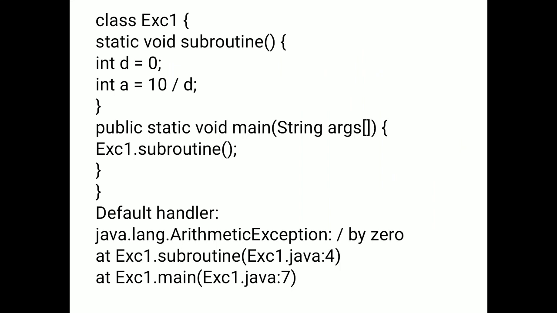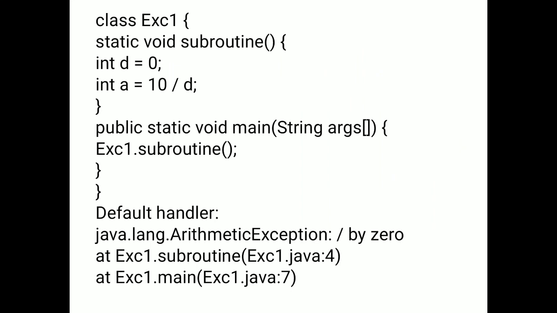Next program, or next example. Here the same program is implemented with the help of one extra subroutine, that's all. Now how will the default handler handle it? The first line displays the type of the exception, that is divide by 0. Next it displays